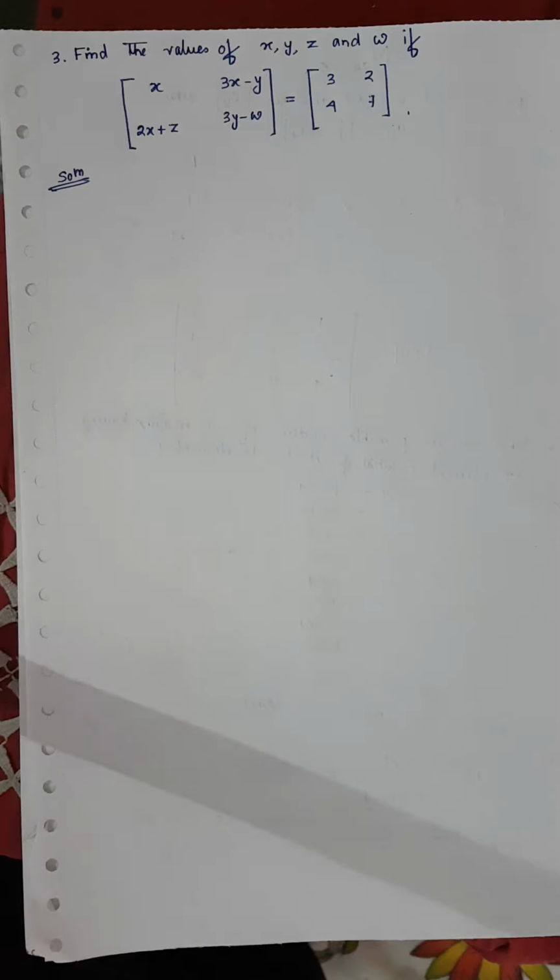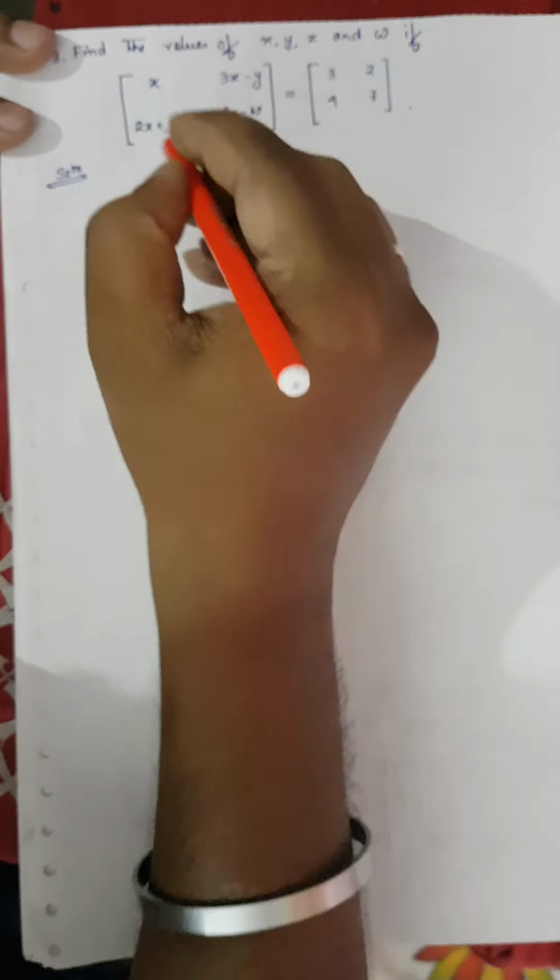Now it is number 3. Now we will use the condition of equal matrices. Find the values of x, y, z and w if the 2 matrices are said to be equal. We know 2 matrices are said to be equal if they have equal corresponding elements. Now since they are equal, so I can write that